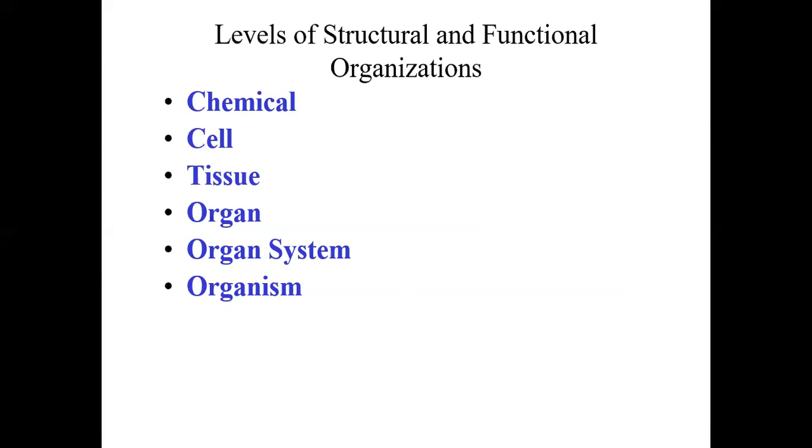All right, and the next little topic, we'll talk about levels of structural and functional organizations. This is basically just what's called a hierarchy of how the human body is organized. And so if you think about it, the largest of the hierarchy is the organism. And so we're going to work our way up to this. And so if we go back down to the smallest,